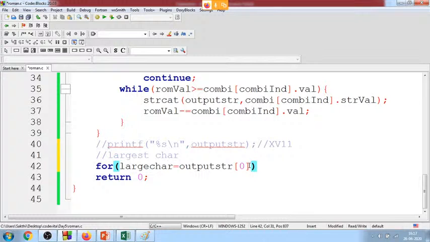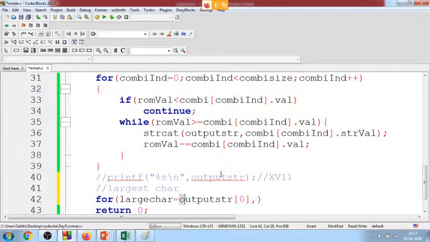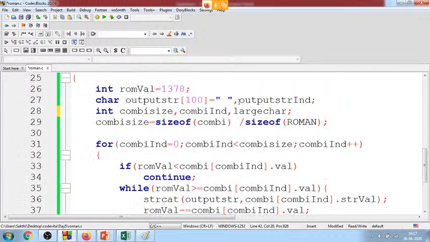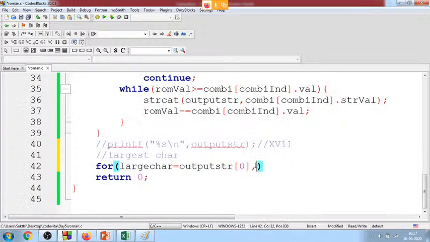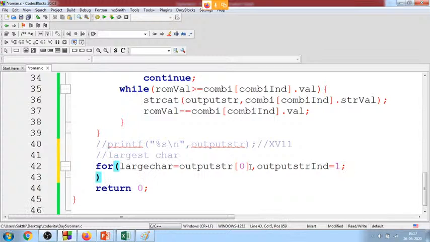So, comma, let me have my index value here, output as str index. Let me initialize to 1, then